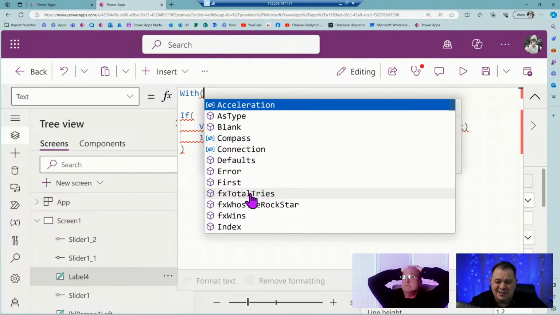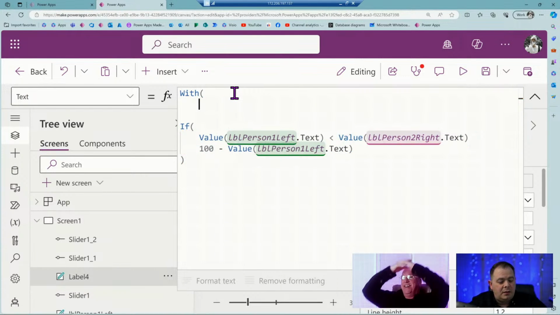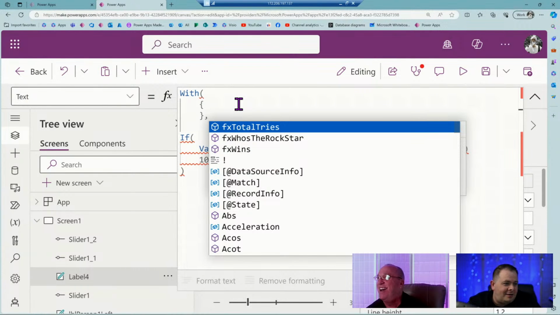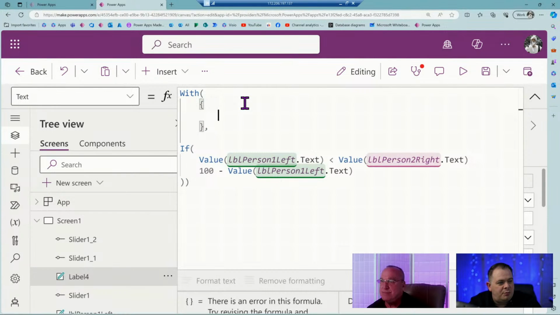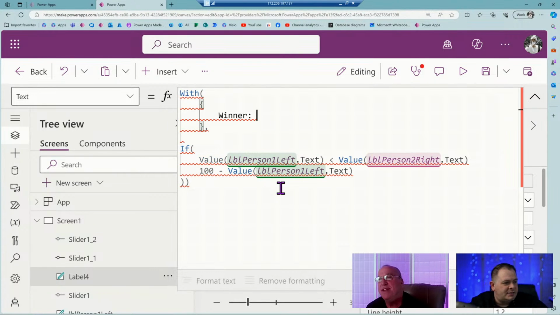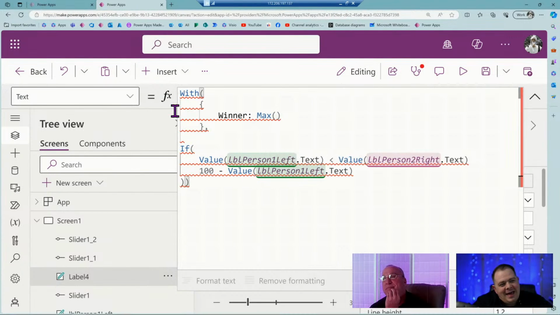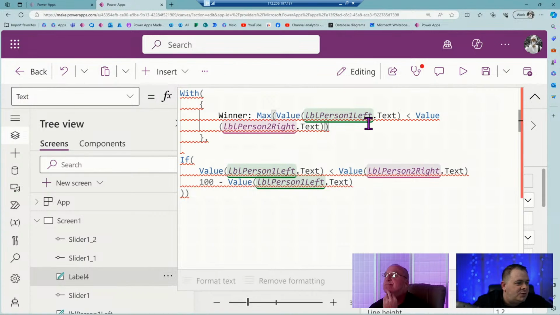This is a coding session. If you're a coder, you're going to be using with, doing all kinds of cool stuff here. We'll do this, we'll do that. Then we'll go to the end and create something up here in the with block called the winner. This is where we can use max. Out of those two, who's the max? I'm just going to copy this between these two things.